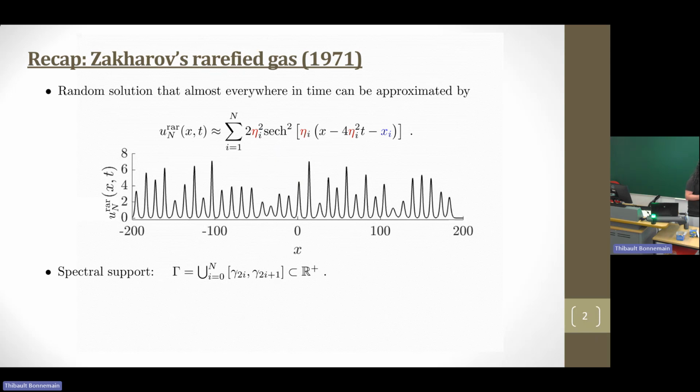Isn't it, if you have the bands, you cannot have bound states if you already impose this band structure. No, there is no bands. This is what he imposed. So okay, this is not the spectrum. This is a spectral support from which the etas can take values, which describes a physical initial configuration. Yeah, and then